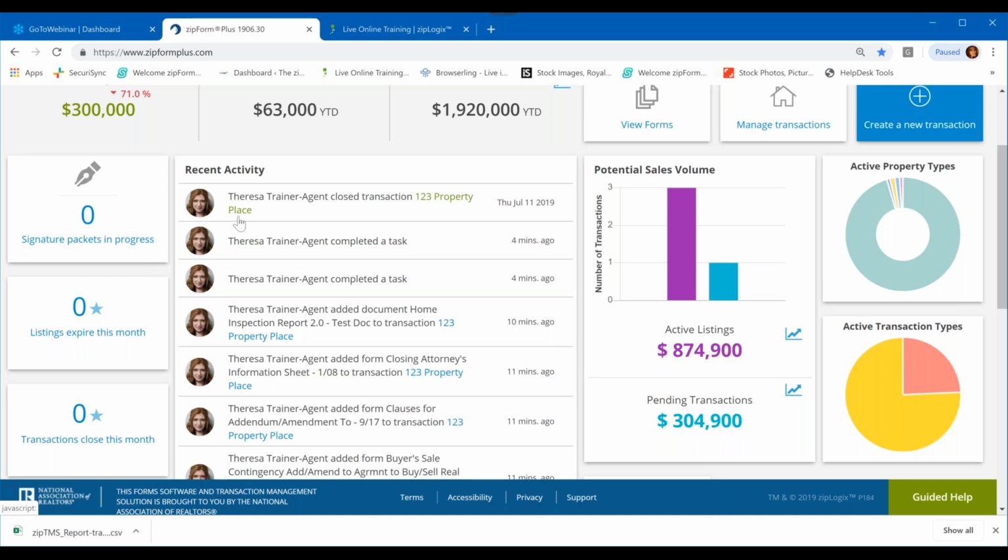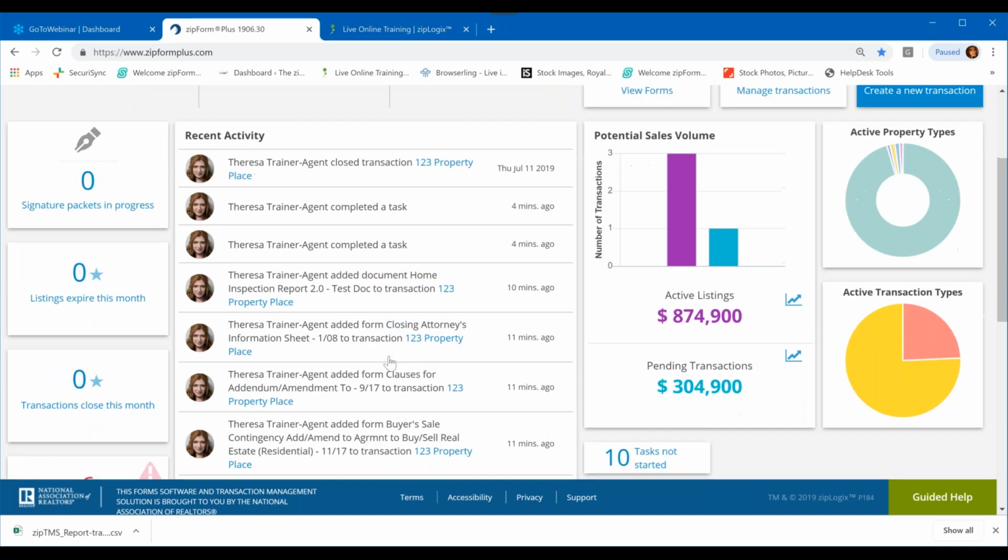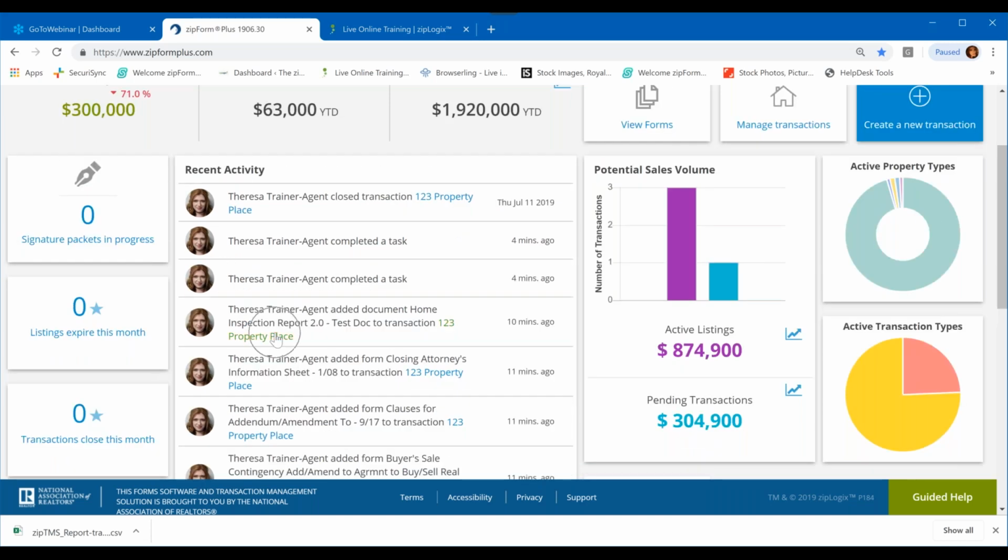This is really not unlike the history tab that I was showing you inside of the transaction. The only difference is, again, much like checklist and task, this is a global area. So it doesn't just show you the history of one transaction, it shows you the history of all of your zipForm Plus transactions. One thing I really like about recent activity is that a lot of these hyperlinks are clickable,